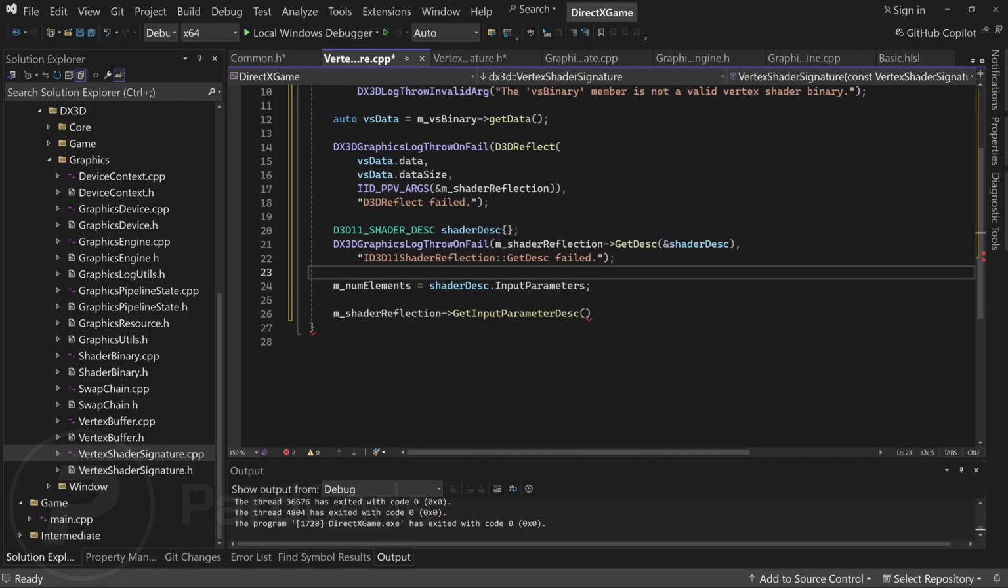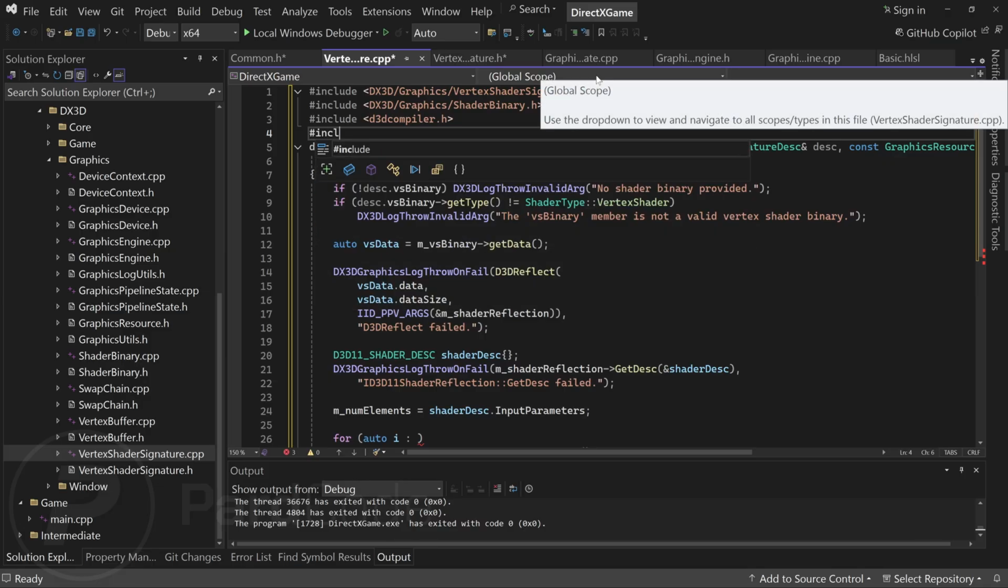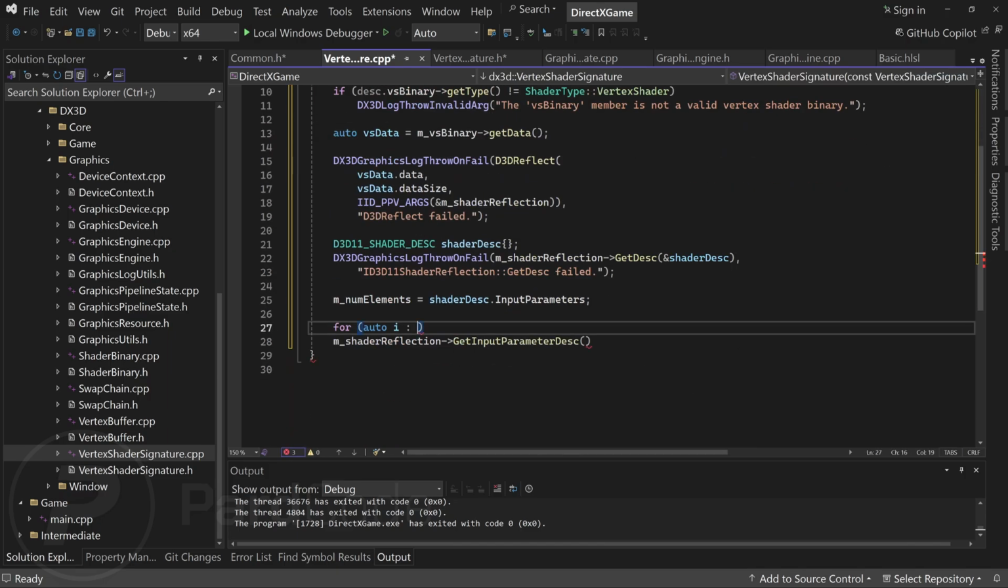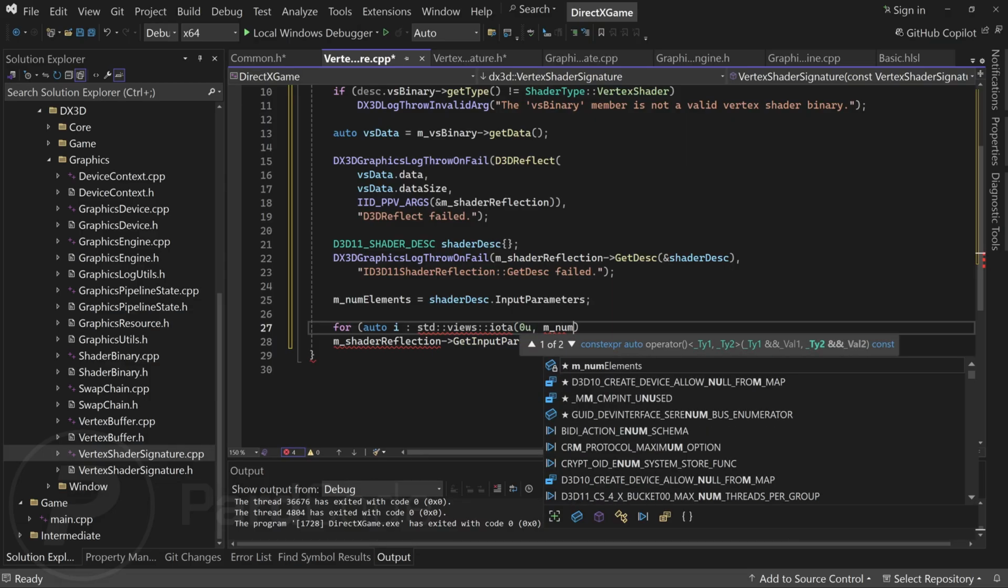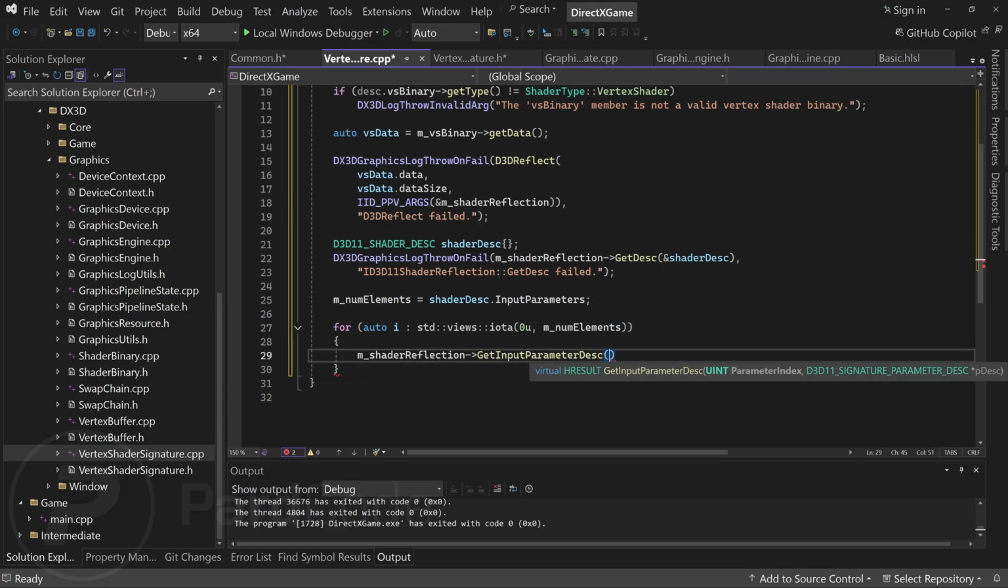Good, what's next? We need to loop over all input parameters and retrieve the available metadata. Since we are using C++20, we can take advantage of a modern approach to iterate over a numeric range. Let's include the ranges header file. Then we create a for loop using iota, which generates a lazy sequence of integers from 0 to, but not including, num_elements. We will define the loop variable as auto i and use 0u as the starting value to explicitly denote an unsigned integer. Inside the loop, we will need to pass i as the index parameter to the GetInputParameterDesc